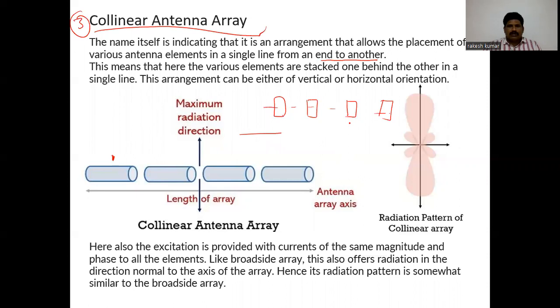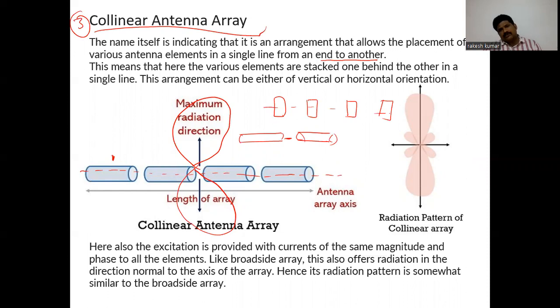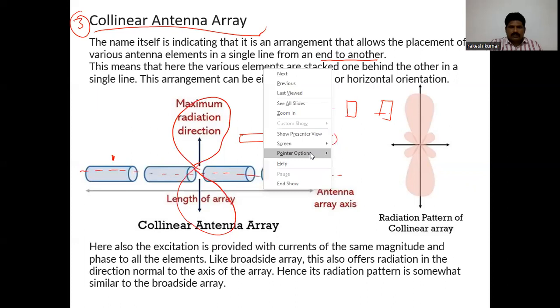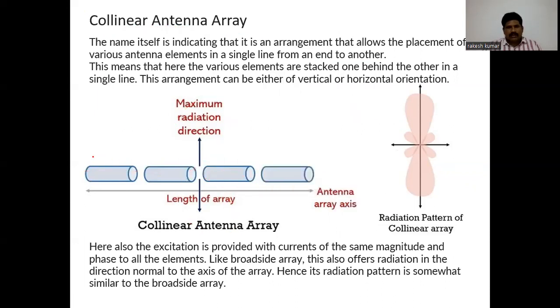Now in the collinear array, all the antennas are placed like this, one after the other. Here this is the axis of array. If the arrangement is made like this, here also the maximum radiation will be perpendicular to the axis of array. So this is the third type, the collinear array. We can place these antenna elements either in horizontal